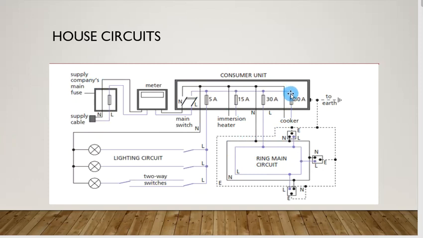Okay, so if we go back to our circuit diagram, this is the circuit we are talking about here. It's connected to a 30 amp breaker. That's its live here. So the live runs around, as you can see here, making a circle. So here we have a socket, it has a live there, and then the neutral also makes its own circle, you can see here, and it's also connected to the socket. Remember, the function of the neutral is to complete the circuit, so that the current coming in can have a way going out. Completing the circuit is the purpose of the neutral.